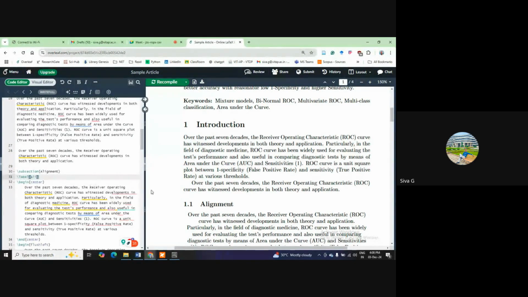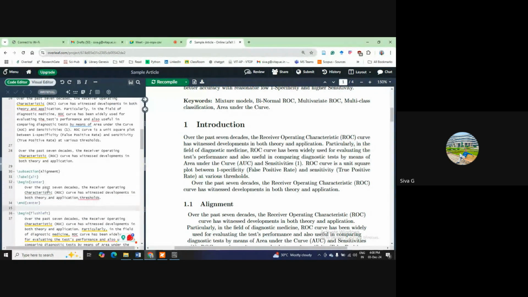Now, for example, after this one, I will cut this paragraph. Easily, why we need to take it? So once I have given center. Now here in section, within the section, I want to take this in alignment. I have to mention a label, okay, what I will mention, slash